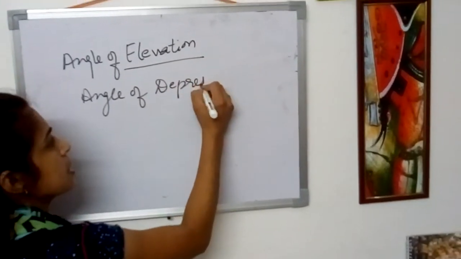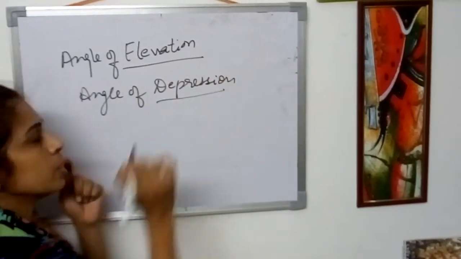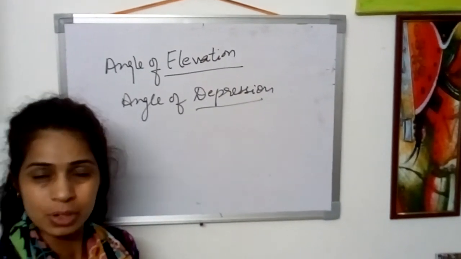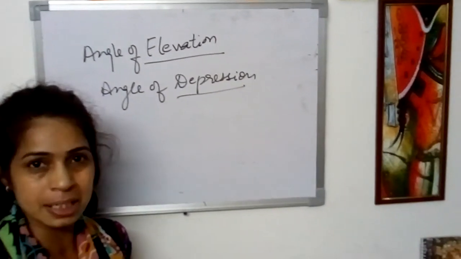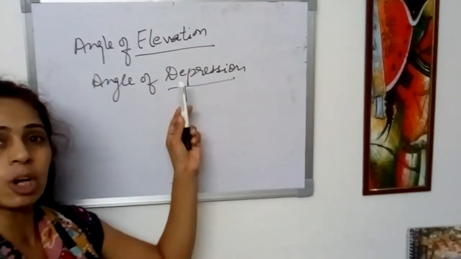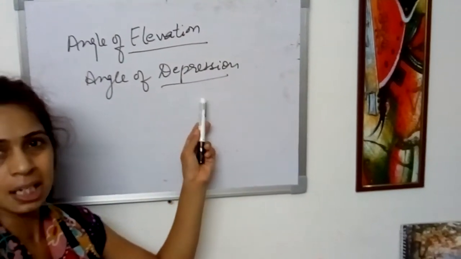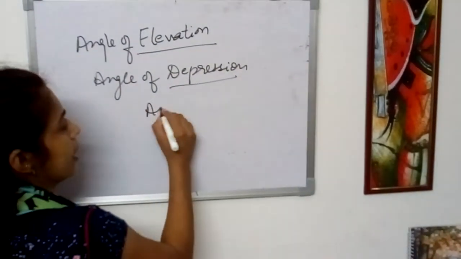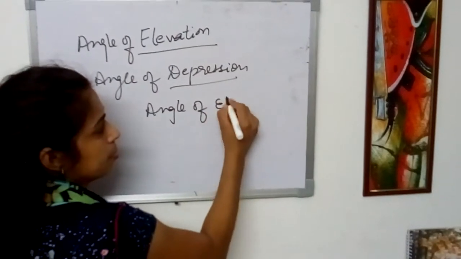Now, since last year we know that CBSE has changed the pattern of asking questions, and 1 marker questions are also being added into the maths exam. So you should be very clear with these concepts, because their definitions directly can be asked as 1 marker questions. Let us start with first angle, angle of elevation.